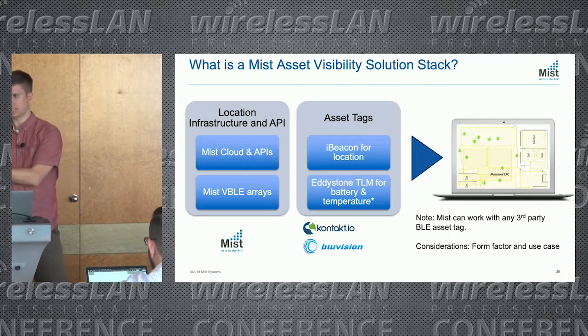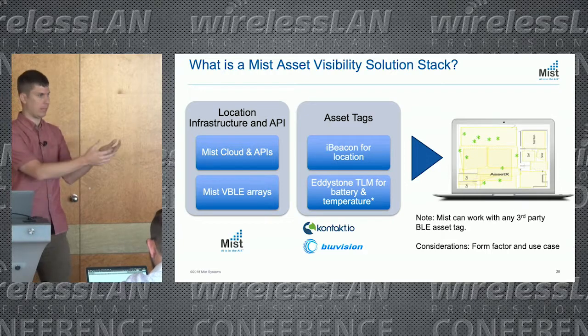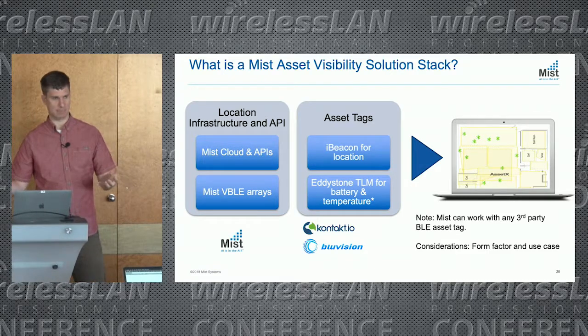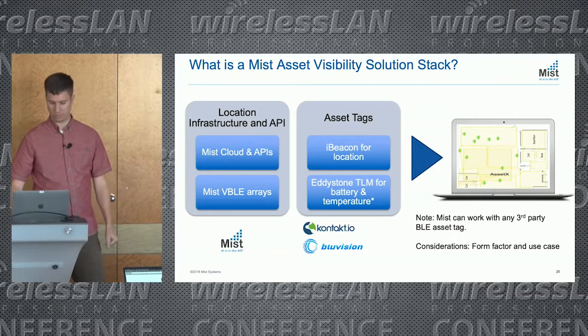And then you need some place to look at that location data, whether it's within our dashboard or your own dashboard. So it's a complicated system to make location work, and I think